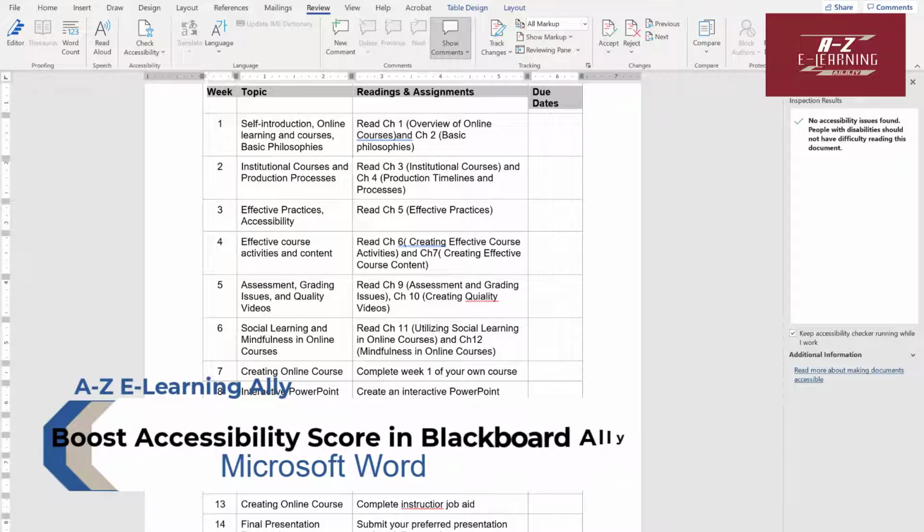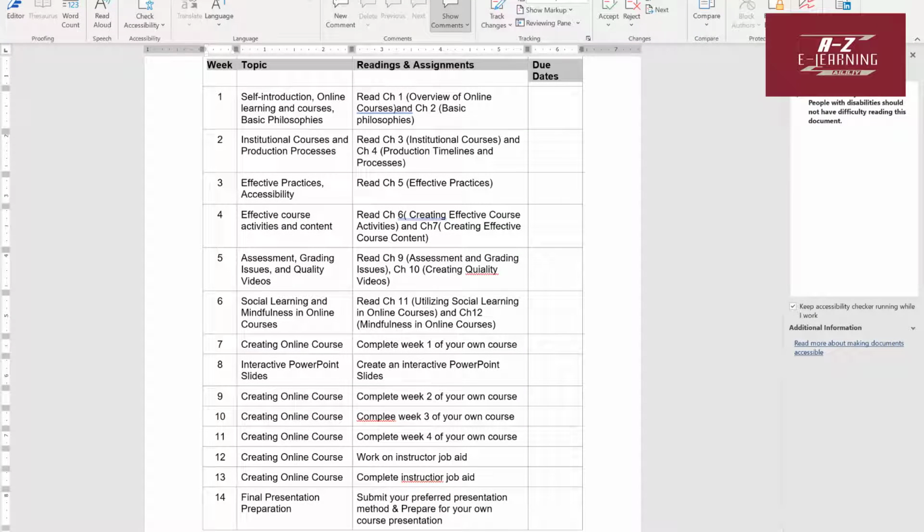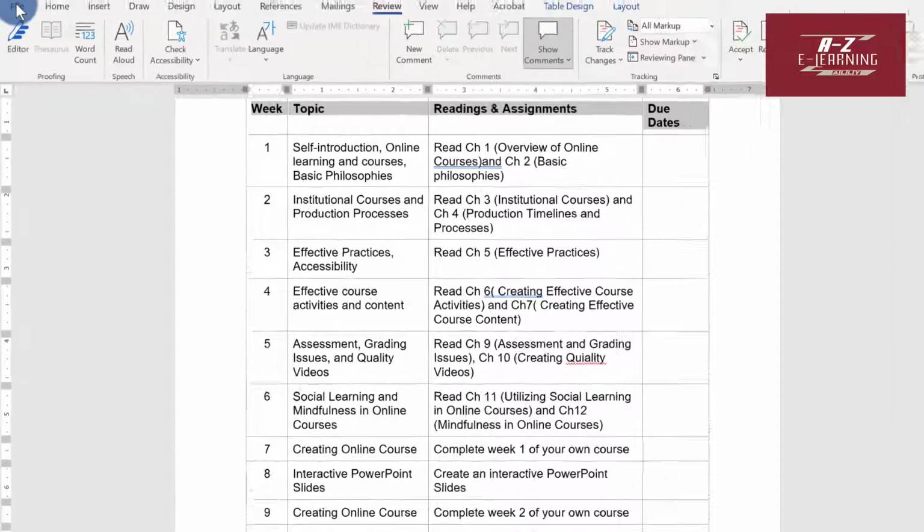Last but not least, have you ever uploaded your accessible document in your Blackboard course that integrates with Blackboard Ally? By the way, Blackboard Ally gives you only 98 or 99 accessibility scores. No worries. If Blackboard Ally gives you a 98 or 99% accessibility score for your accessible document, go to File, click